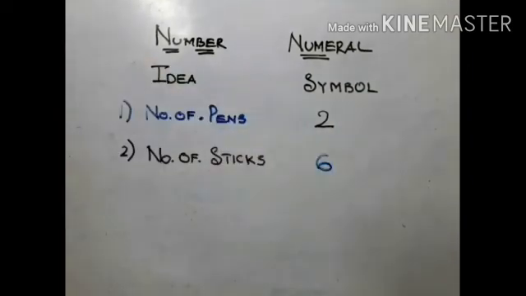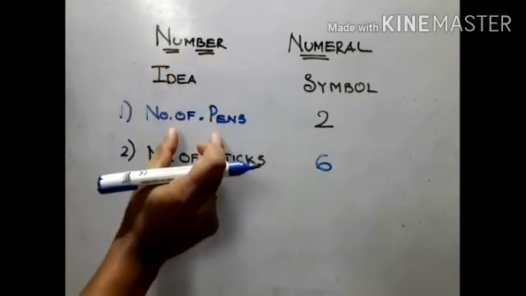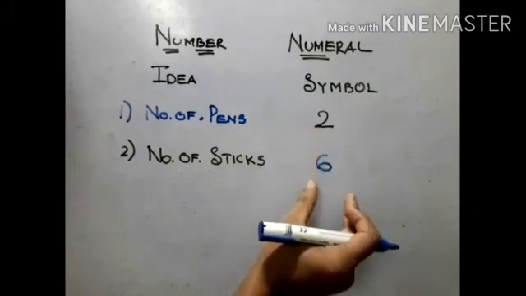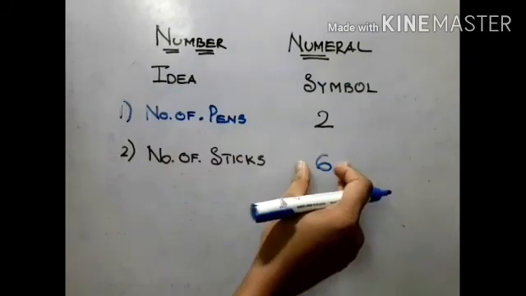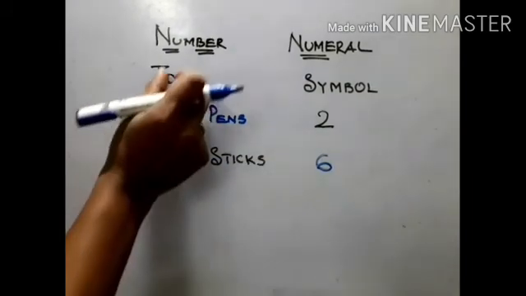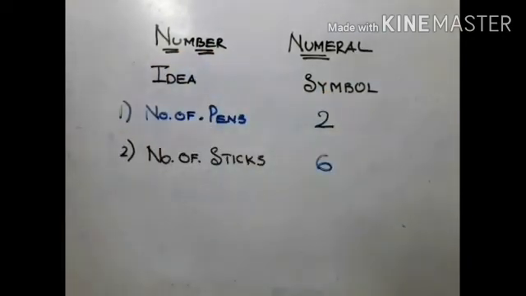So now understand, the idea of counting anything comes under number, and if that idea is expressed as a symbol like this, 2 or 6 or any digit or any number, we call it a numeral. So the idea is the number and that idea expressed as a symbol is the numeral. But you have to keep in mind that both number and numeral stand for the same thing. That means in the coming classes, and not only you but almost all present-day mathematicians are using only digits and numbers.